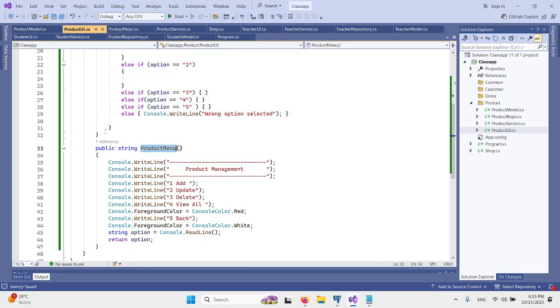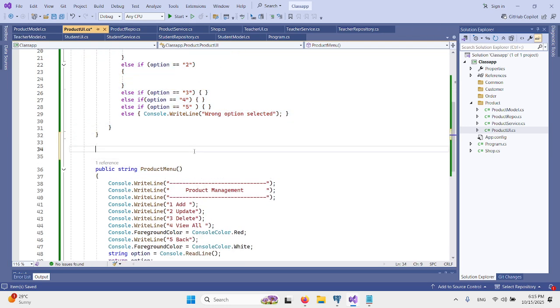Okay, we have this function, so we need a function to take products data from the user. Public ProductModel TakeInput.